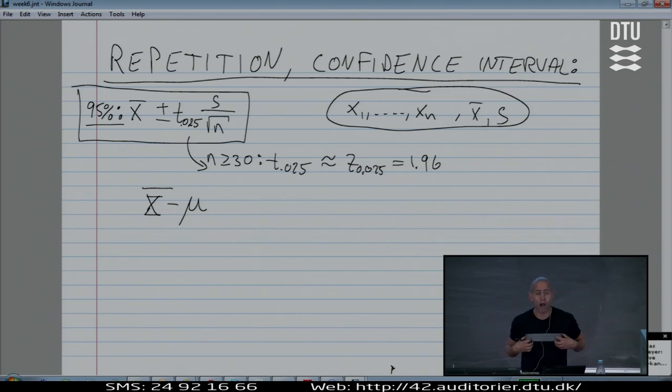Mu is the truth that we are seeking information about by looking at the numbers, by looking at the average. So I should be concerned with the difference, the deviation between what I compute in my average and the truth, mu, that the average is going to be used as an estimate for, right? This difference I should be concerned with. Am I close to mu or am I far away from mu? That's basically what makes us intelligent.